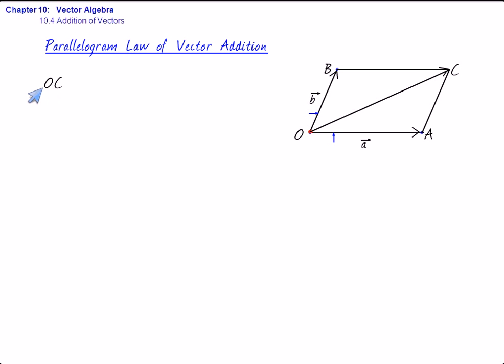That is, vector OA plus OB equal to vector OC. And if I denote vector OC by the symbol small c, we can say vector A plus vector B equal to vector